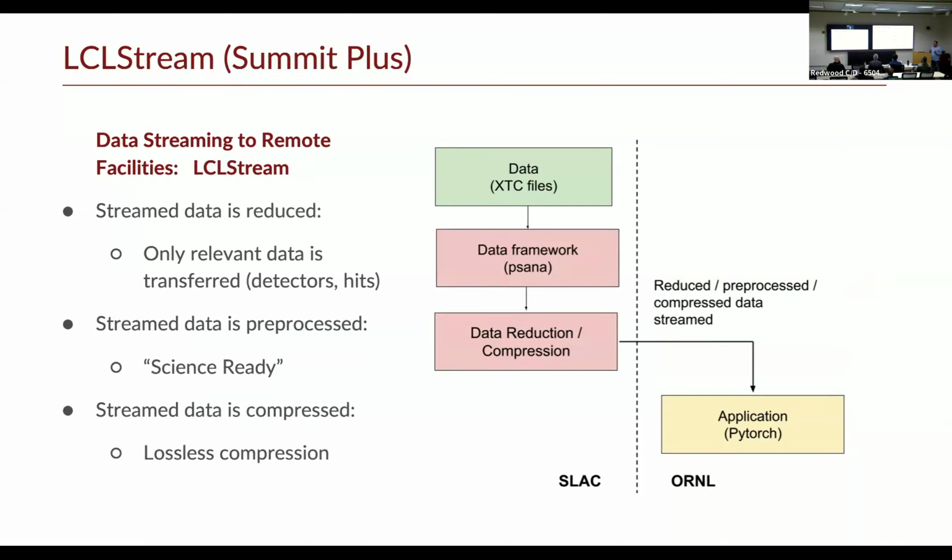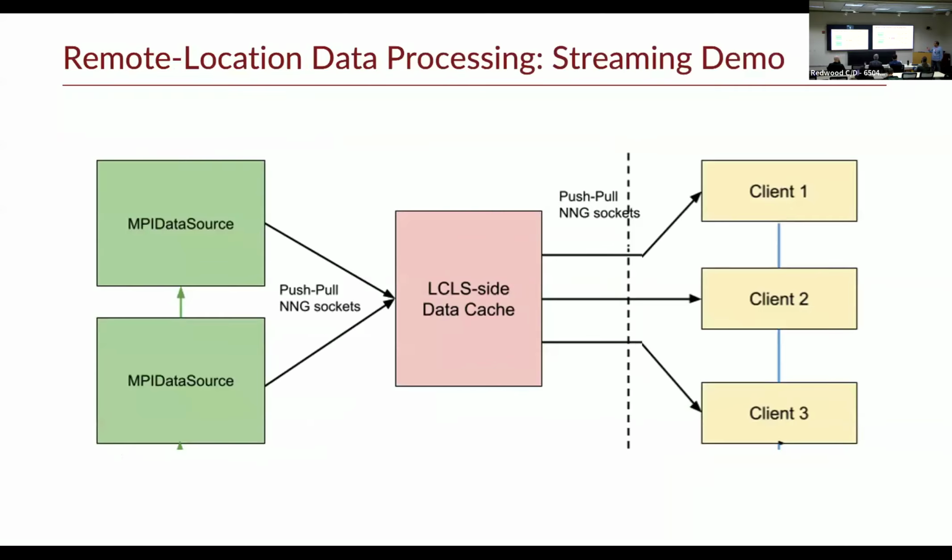Let's run our framework locally, do all the calibration that we need to do locally, reduce the data, maybe just send what we are interested in, and then just send this. So the idea is that when the data leaves the facility, we call it science ready, meaning that no other information from the facility is needed to interpret this. And this is what we did. We compressed the data, more of this on the next slide, and we sent it to the application remotely, which in this case was PyTorch, because we are training the system.